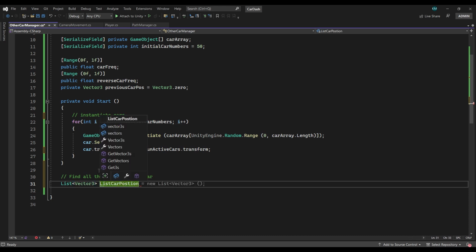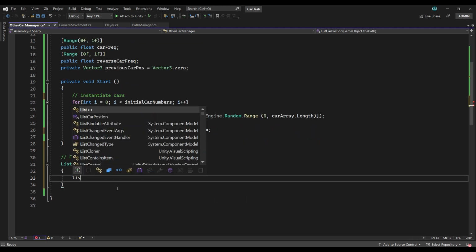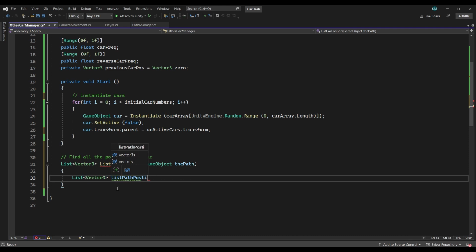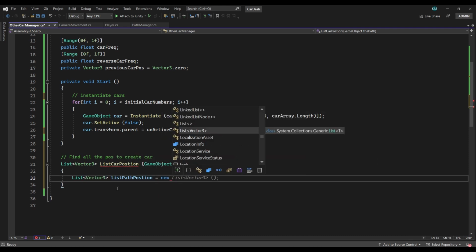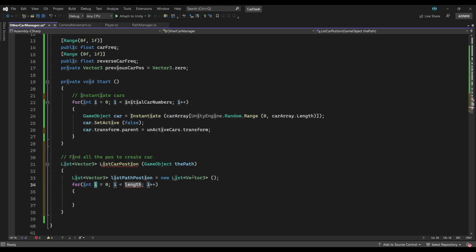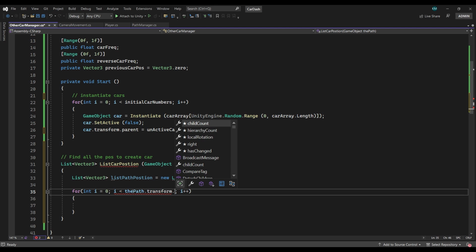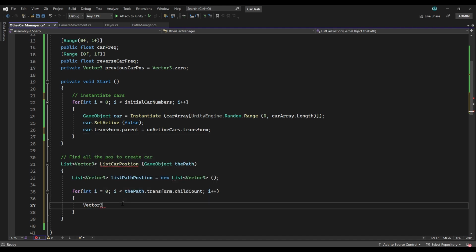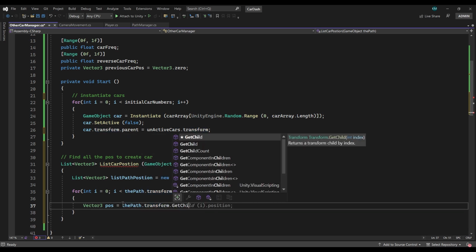Here we use the GameObject parameter called path. Inside this function, write a List of Vector3 called listPathPosition and set this to new List of Vector3. Create a for loop here. Replace the length with path.transform.childCount. Inside this for loop, write a local Vector3 variable called position and set this to path.transform.GetChild with the index of